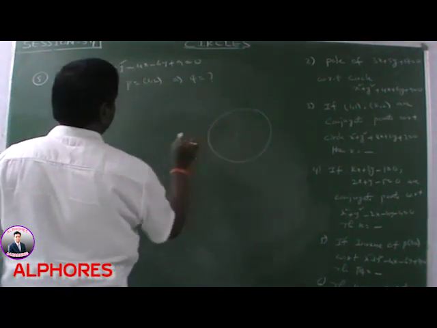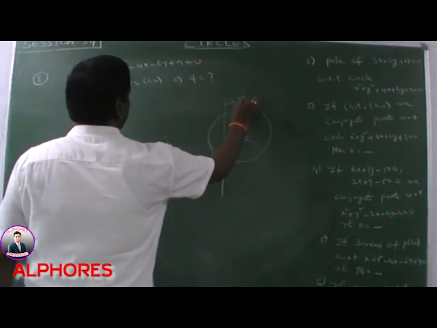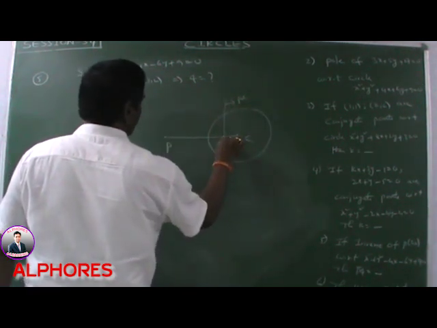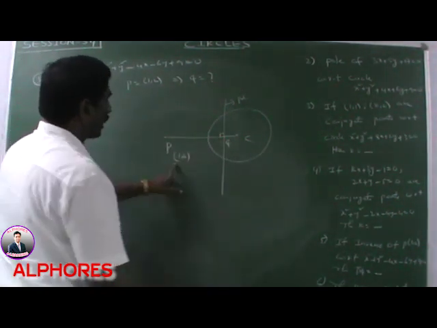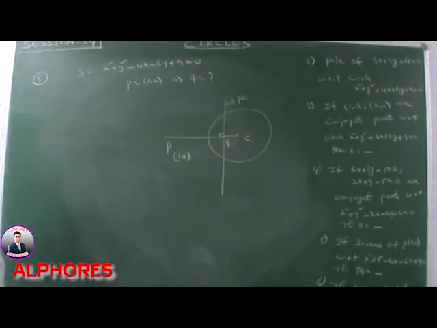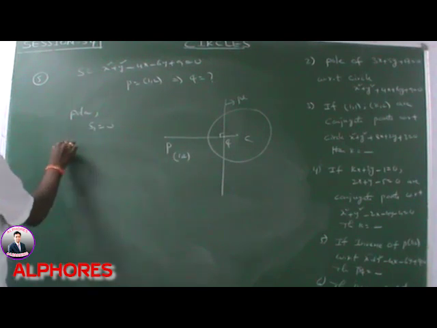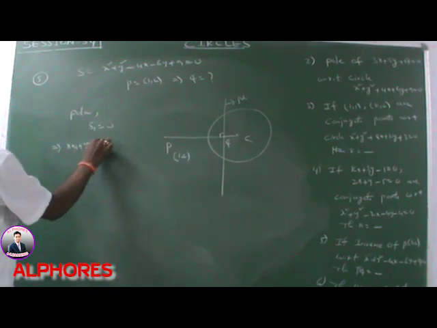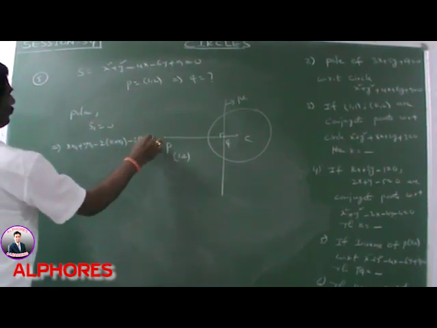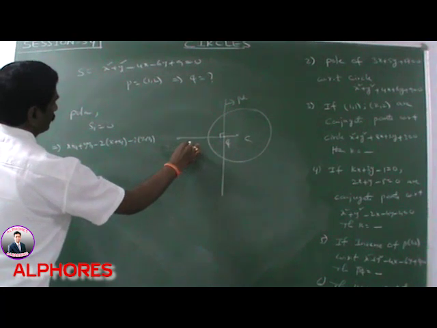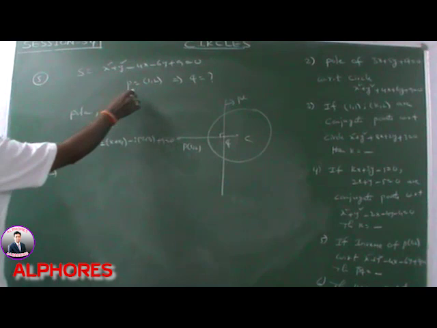It is the circle. Say this value is P. Polar is this line. CP and the polar are intersecting at Q. It is the inverse point. Q is nothing but the foot of the perpendicular from (1, 2) to the polar. Okay. First we find the polar equation. Polar equation is nothing but S1 is equal to 0. S1 means xx1 plus yy1 minus 2 of (x plus x1) minus 3 of (y plus y1) plus 9 is equal to 0. Here x1, y1 is equal to (1, 2).